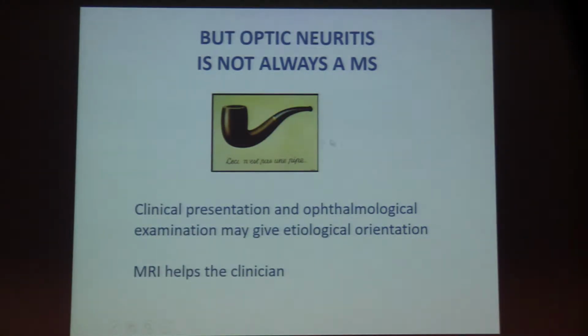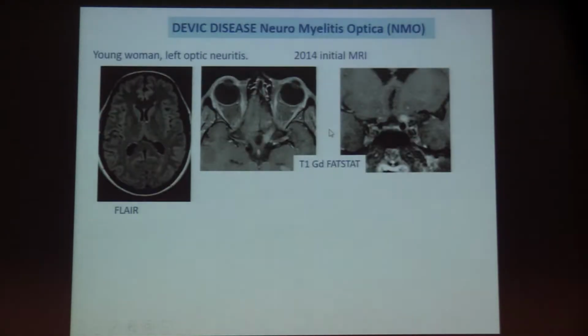But of course, an optic neuritis is not always multiple sclerosis. It can be, for example, Devic disease or neuromyelitis optica, which also touches women, rather young women. And this is a case of this disease. It's 3 years ago. This young woman complains of left visual loss, and she